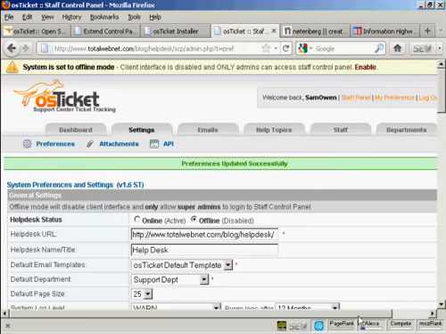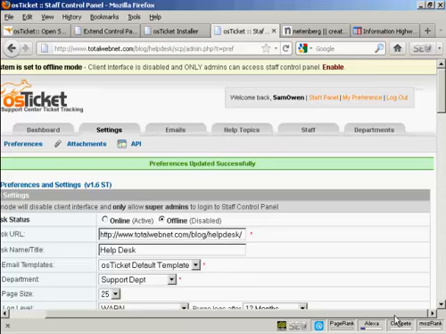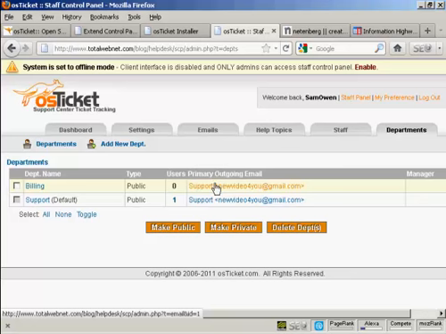Now I'll show you another couple of things that you'll probably want to set up, and the first one is departments. Now there are 2 departments automatically set up. One is support and the other is billing, but you might want to add another department. For example, you might want to add a department, say sales. So click here on add a new department,